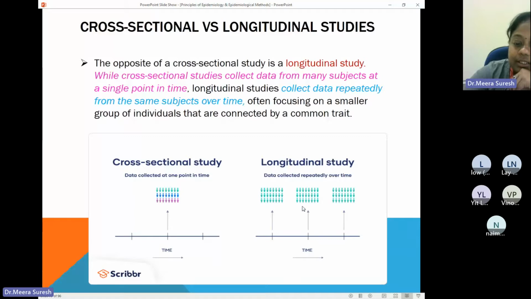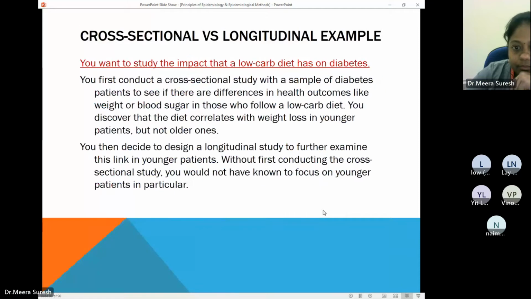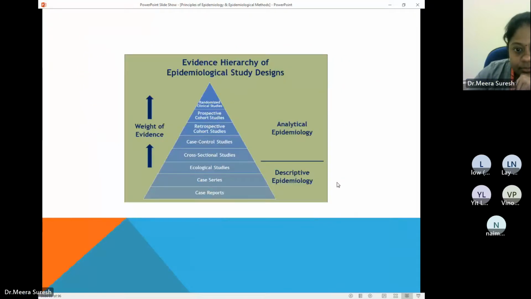And when we compare both of these, longitudinal is obviously better because we are getting more valid data. When we get one data point from one day, and it is established by another data point also, it shows the genuineness or the validity of our studies. So obviously a longitudinal study is better, but to do this we need that much time, resource, and money. So this is going to be too exhaustive, though the genuineness increases. This is an example to show. You can read it by yourself.